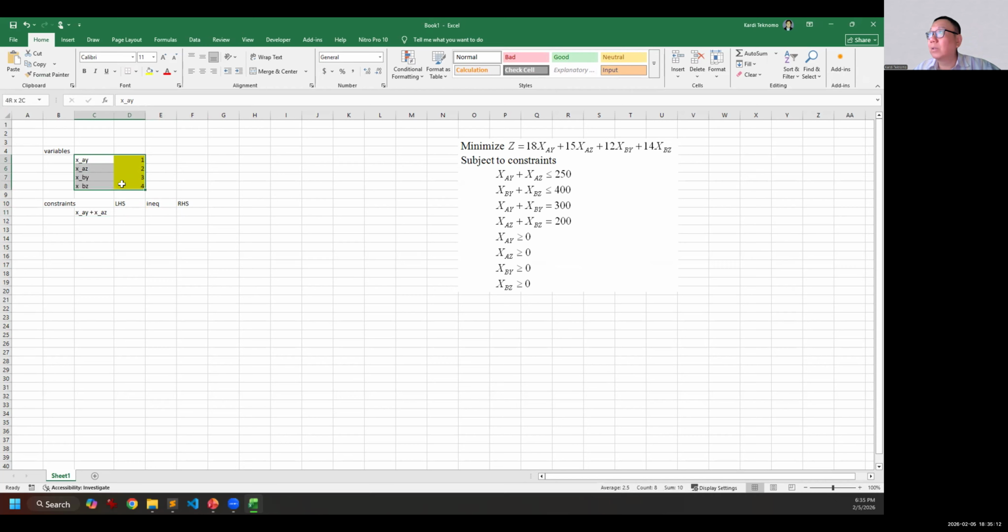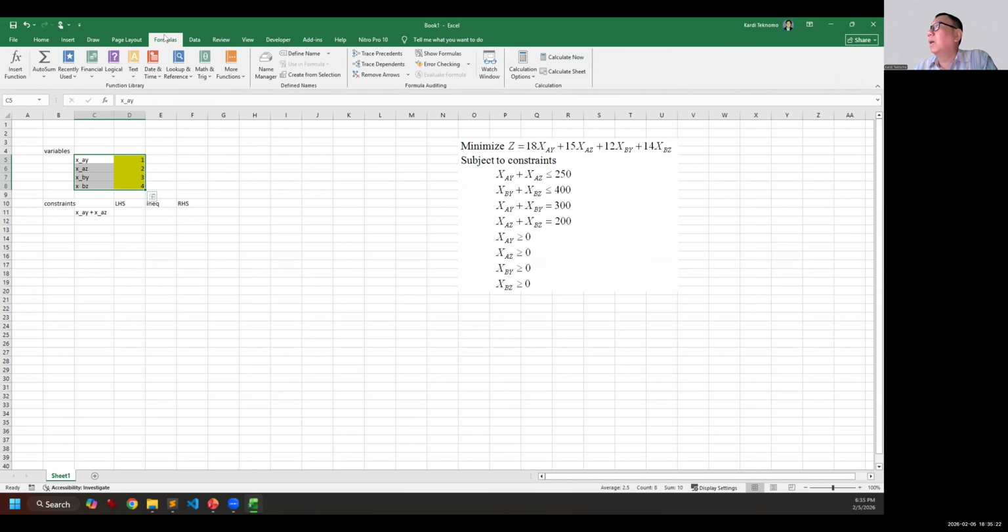So that I will not have to remember all of this with dollar signs, what I will do is this, and this is the key. You go to Formulas. First you highlight the variables. Then you go to Formulas and Create from Selection. It will ask you for the left column, then click OK.